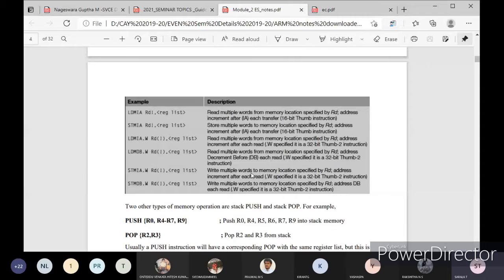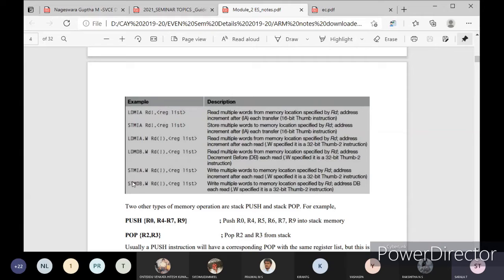Store multiple words to the memory location specified by Rd, address incremented after each word. W specifies it as a 32-bit Thumb-2 instruction. This is a 32-bit Thumb-2 instruction. Write the multiple words to the memory location specified by Rd, with the address incremented after each word.